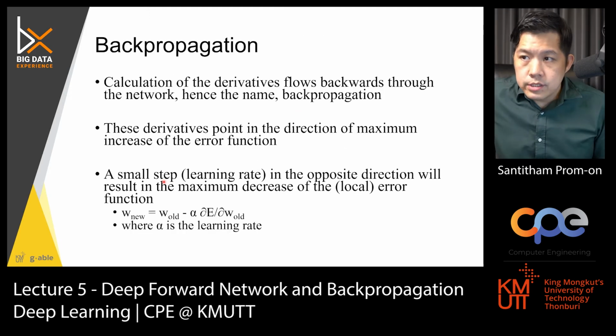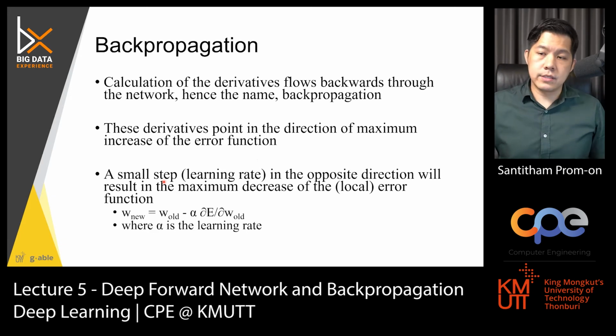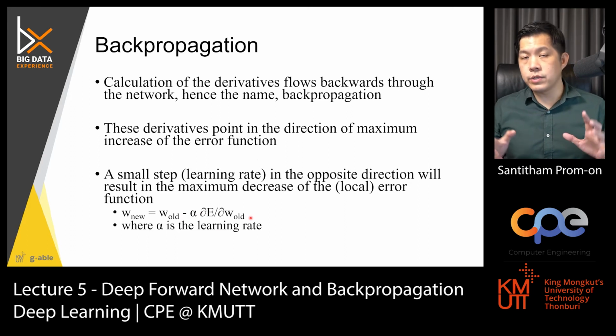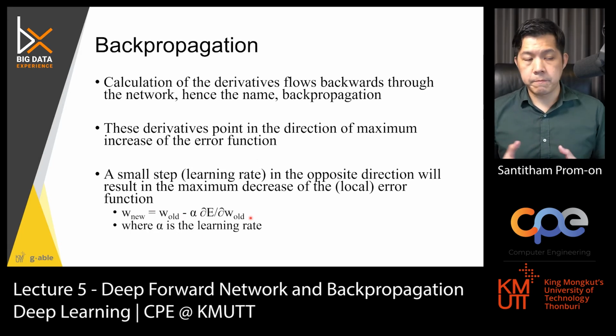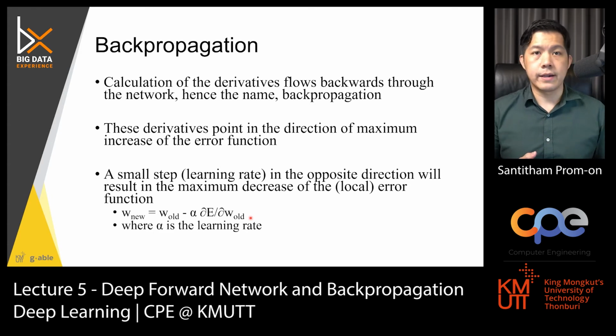So the back propagation itself is gradient descent because the update of the weight is actually the old weight minus alpha times the derivative of the error function with respect to the old weight. But this can be changed according to different strategies to optimize. We will look at this in a lecture called optimization, right? More on optimizing the model, where we will look at different strategies to optimize. There are stochastic gradient descent, the one that you have implemented, using adaptive moment, using other types of learning rate adjustment,